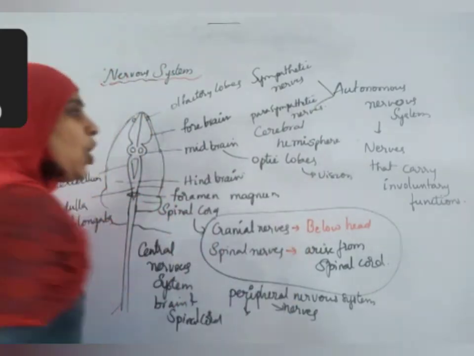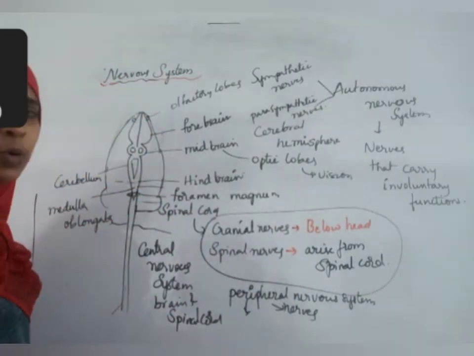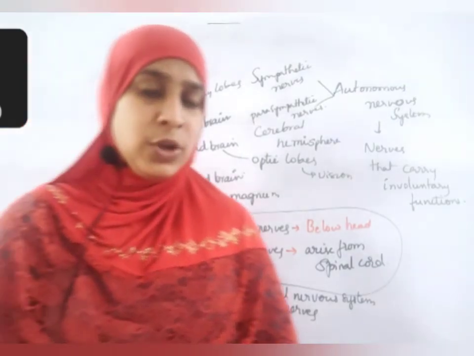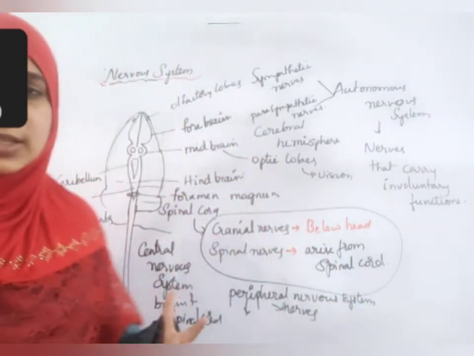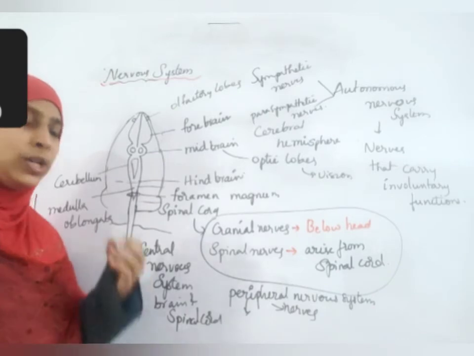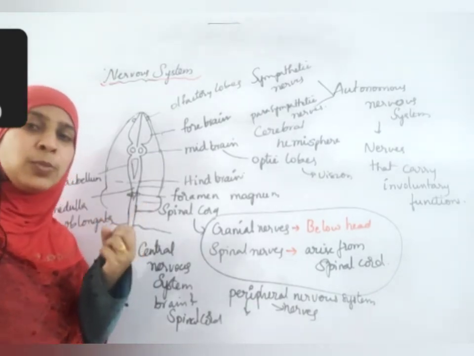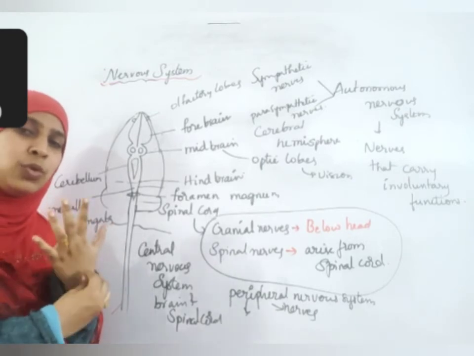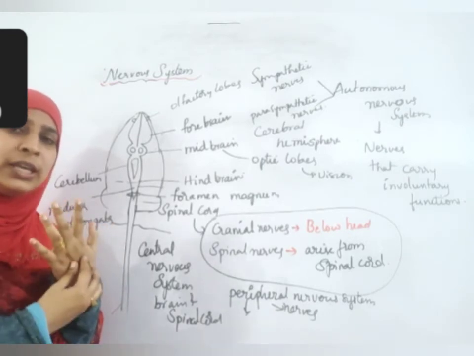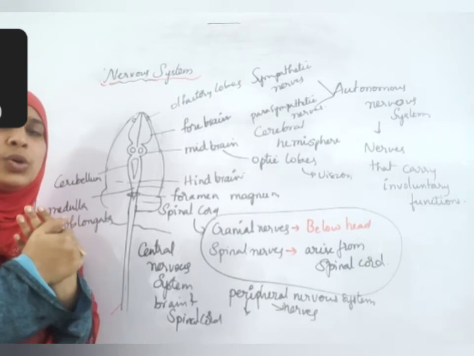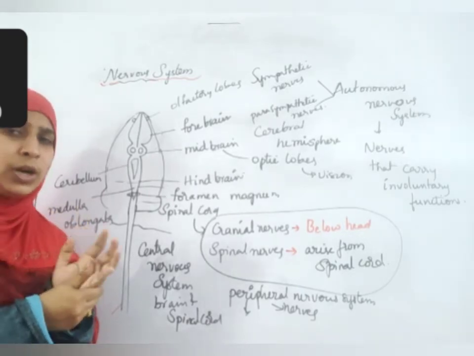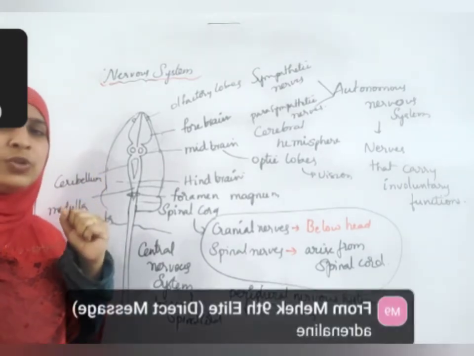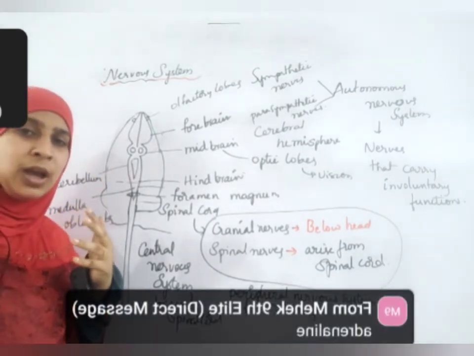What is the difference? All the nerves that control emotions. If you are getting angry, if you are getting emotion like fear, something like that, what changes will take place in your body? You get goosebumps on your hair. Goosebumps means all the hair will stand erect. That is not under our control. It is an autonomous process and it is based on emotions. When you get excited or something, yeah, very good.